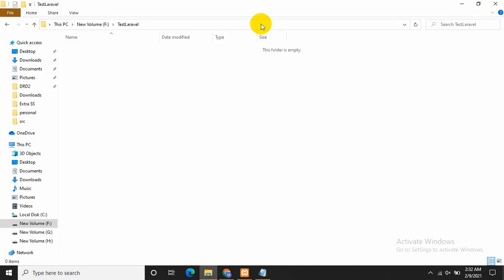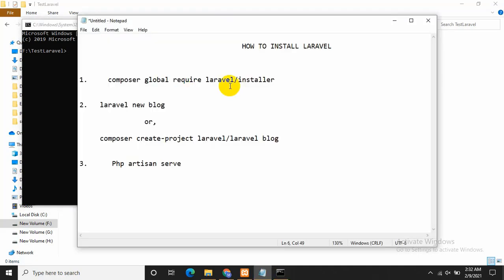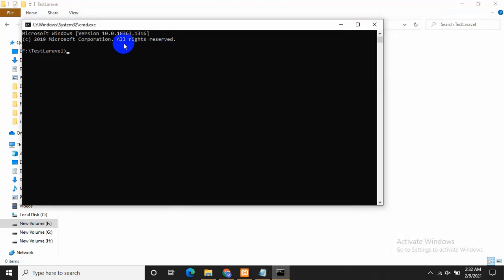Or you can also write over here cmd and press enter. Then a black command prompt will come. Then you just have to write this command over here. So I'll just copy it and paste it over here and press enter,